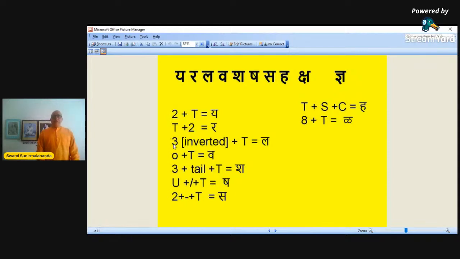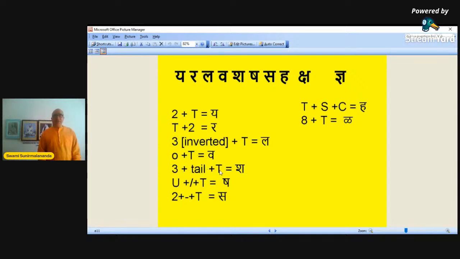Now invert the number 3 by 90 degrees, add T to that, it becomes la. Write a 0 and a T, it becomes va. Write number 3, add a tail to it, and a T to that, it is sha. Even though this printed sha appears to be 2 and T, this also is correct, but what we write is